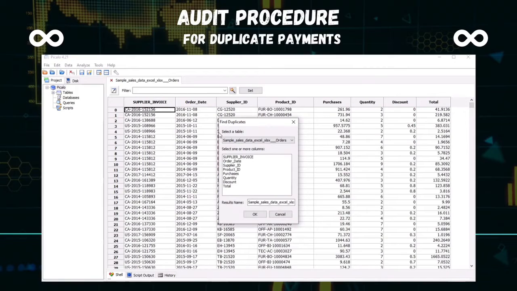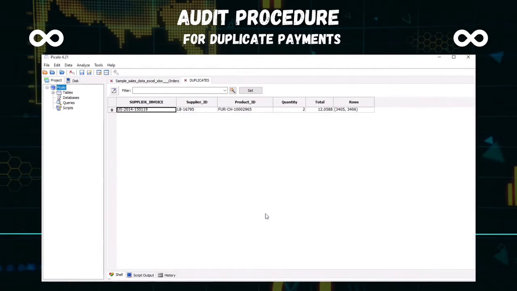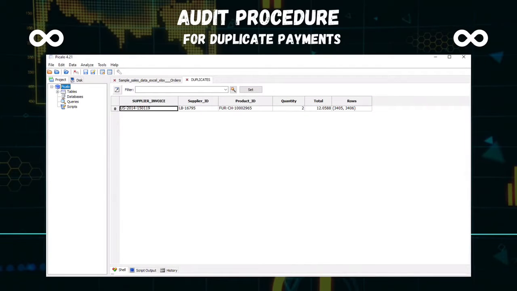For example, I will select supplier invoice, supplier ID, product ID, quantity, and total. To complete this task, we will rename this text box into duplicates and click OK. As you can see, there is a duplicated item and the last column indicates the specific row that is identical. For example, in this situation, table rows 3405 and 3406 contain similar information including supplier invoice, supplier ID, product ID,